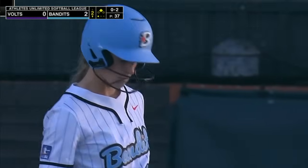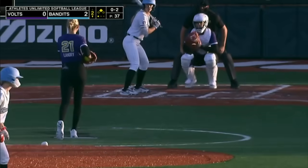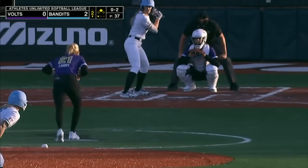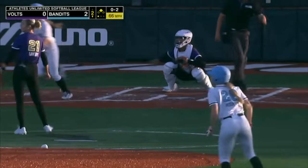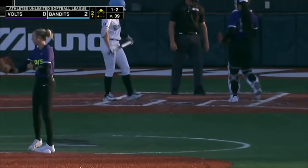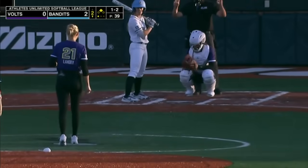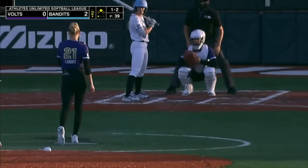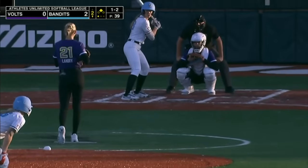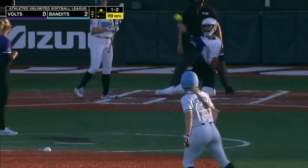She's that good. I mentioned earlier Sam Landry throwing for the Volts, obviously from here. Her hero growing up was Jenny Finch, who we know you as the ultimate winner. Who impacted you as a coach or a player? USC fighting for that championship, and I have those memories. I just wish that if I look back on my career that I could have seen more of the players that came before me,